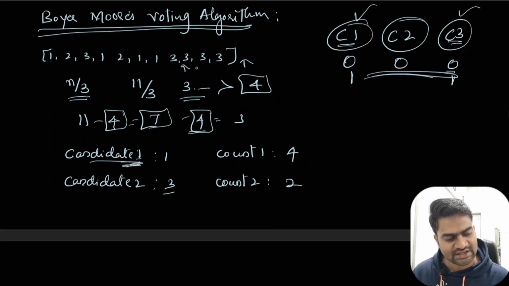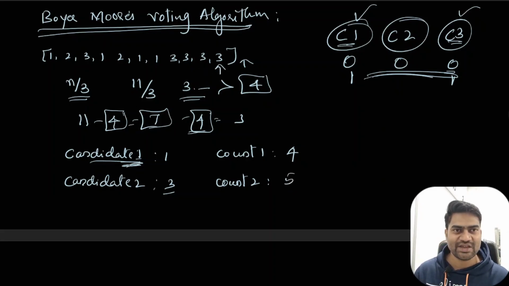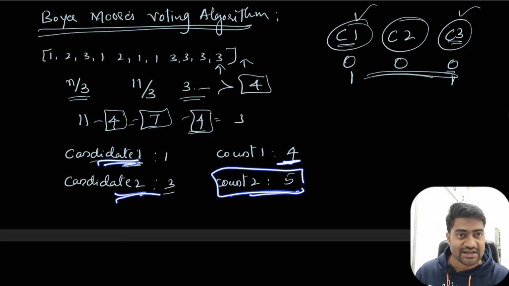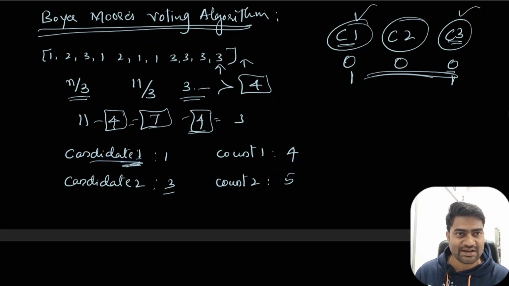Next, again 3, so I will increase it to 4, again 3, I will increase it to 5. Finally, from this you can make sure the count 1 of candidate 1 is 4, which is greater than n by 3. Now if you see candidate 2, the count is also greater than n by 3. So now you can simply return these two values, 1 and 3. Okay, so this is how we need to analyze this particular